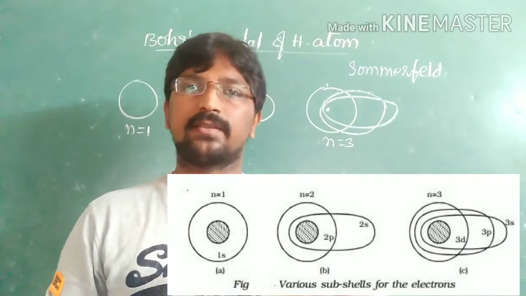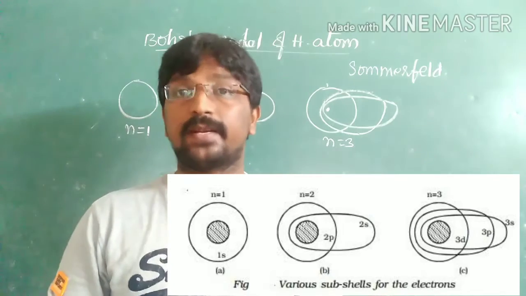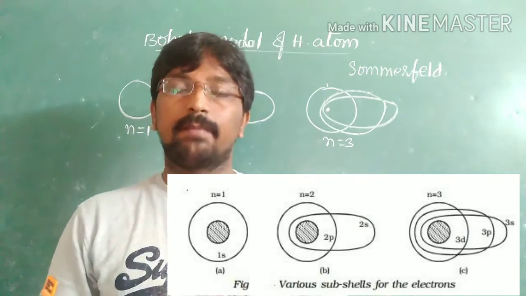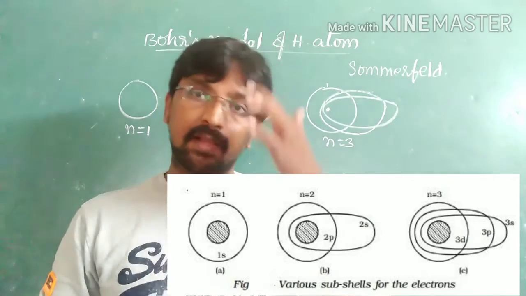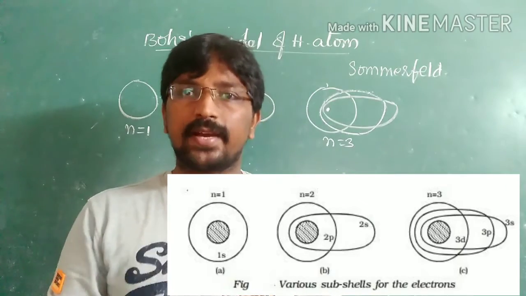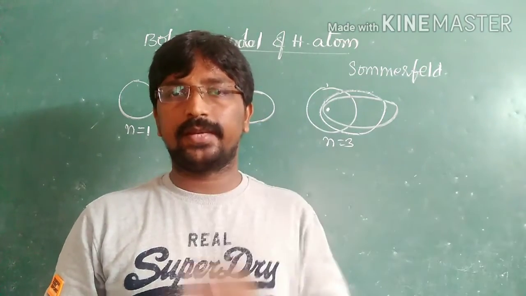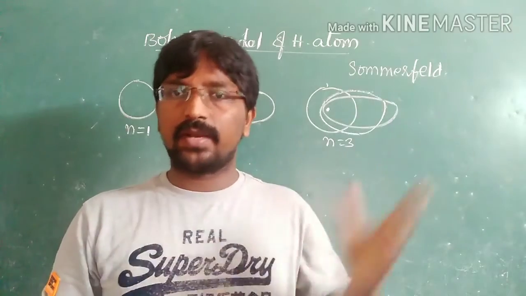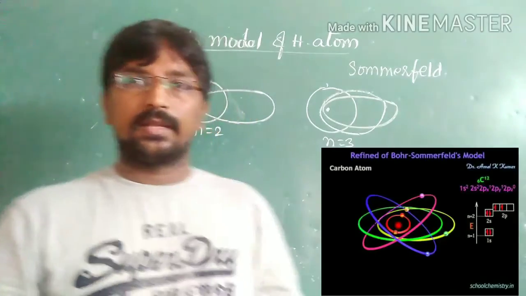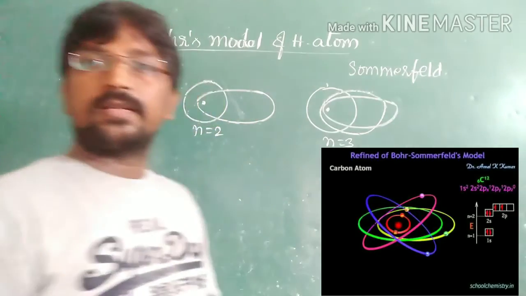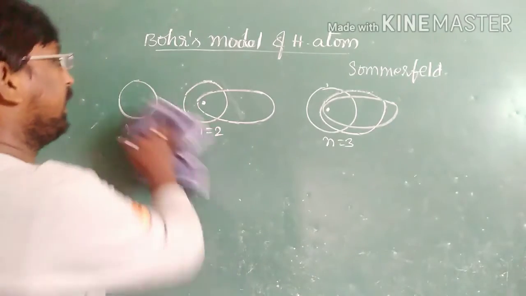So it is also a successful model to explain the fine spectra of hydrogen, but it failed to explain atoms with more than one electron. So this is about Sommerfeld's concept. And next one,